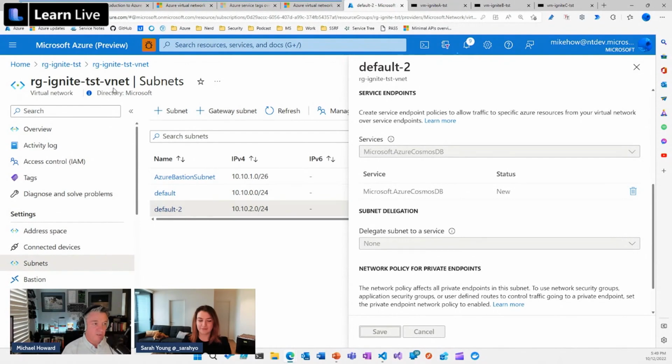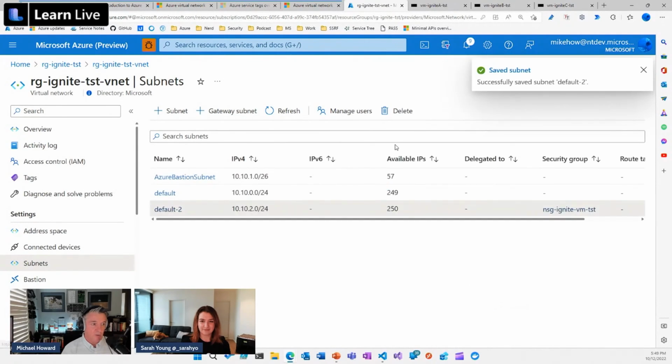But while we're waiting for that, let's just go back to... Oops. Whoa. Did I click on save? Let's just wait for this to finish. I think it needs to finish before you move page. I don't want to do anything bad. But essentially what we're going to do is add a Cosmos DB range. So let's go back to test.